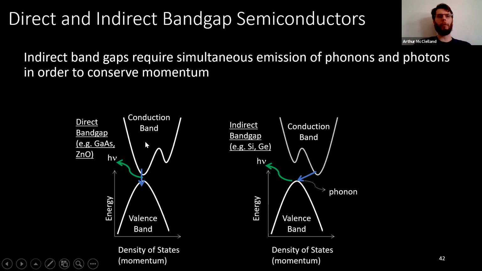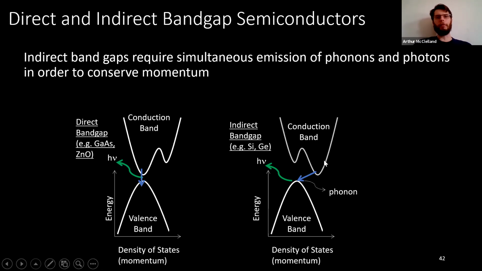In these cartoons, I drew transitions down, but there's 2 classes of semiconductors. We can call them direct bandgap and indirect bandgap semiconductors. In a direct bandgap semiconductor, the lowest point of the conduction band is directly above the highest point of the valence band. And so then you only need a change in energy. So here, a photon is coming out as the electron transitions back down from the bottom of the conduction band to the top of the valence band. Examples of direct bandgap semiconductors would be gallium arsenide or zinc oxide, those sorts of materials.